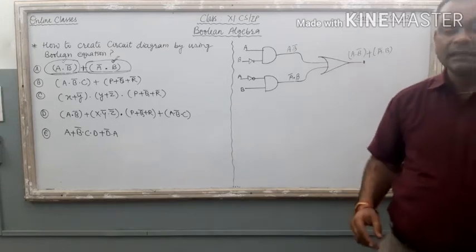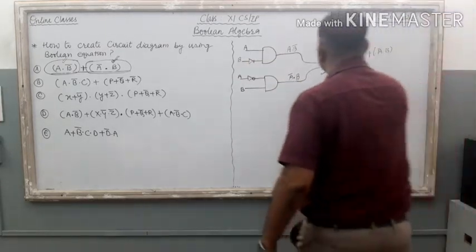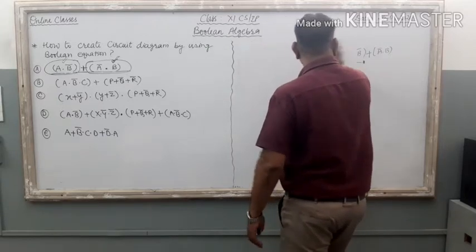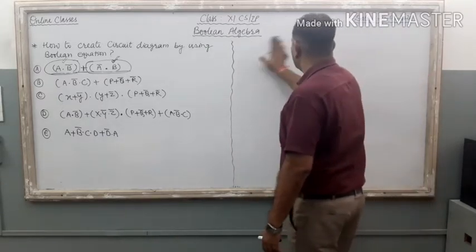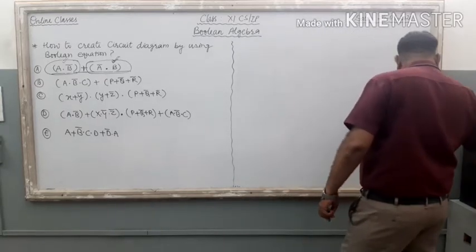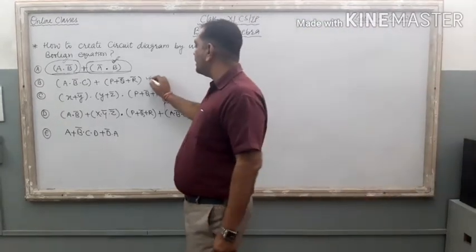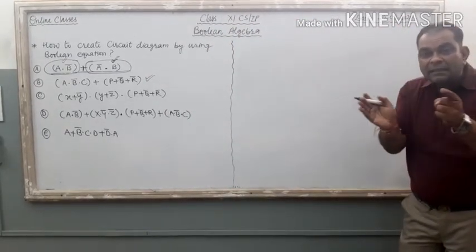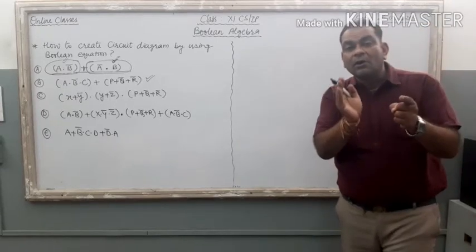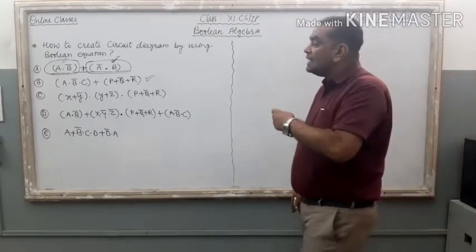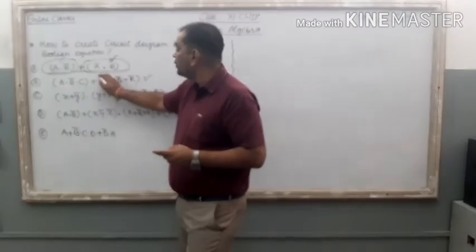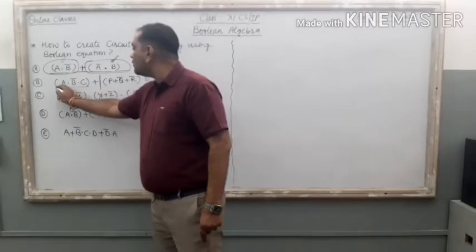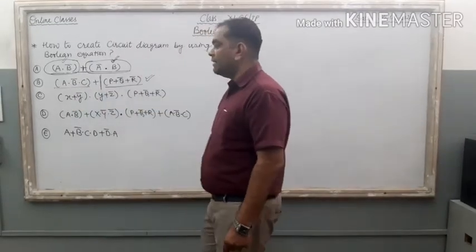Clear? Now just take another example. The part B, the second question. I am going to remove this one. Now, if you see the second equation, this one, very first just divide this Boolean equation into small parts. When I am going to divide this equation, I am going to make a cut over here. This one is the first part of the equation. It is the another part of the equation, right?